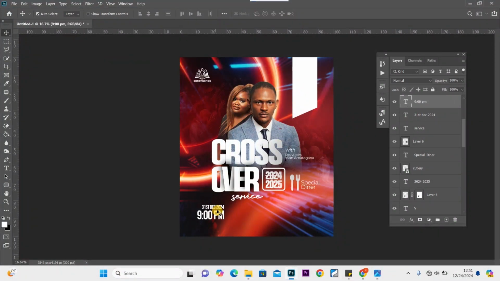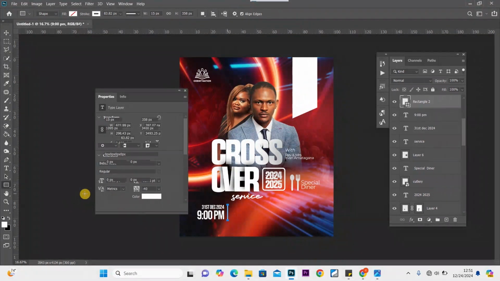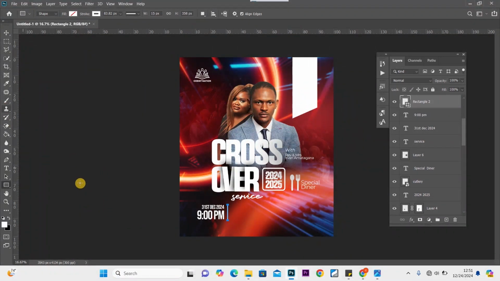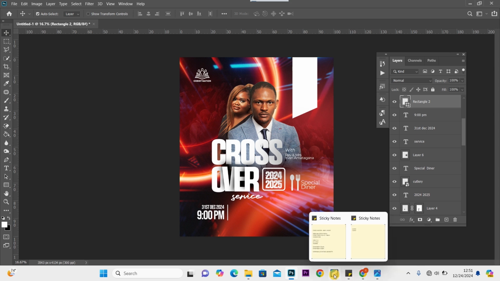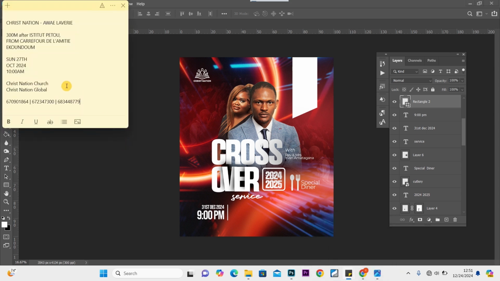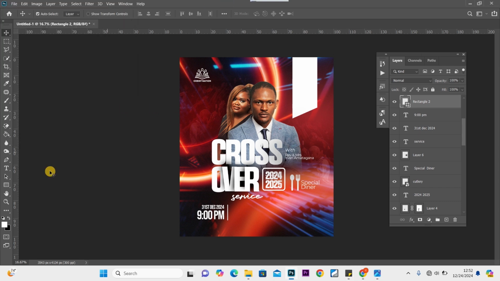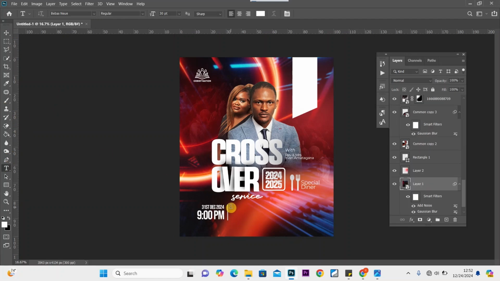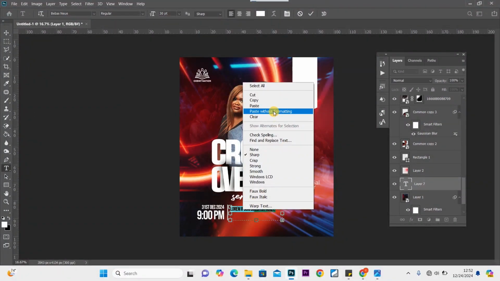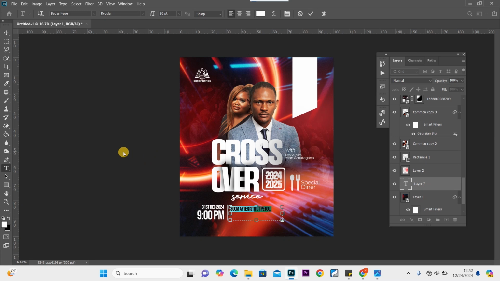And then I'm going to add the next information. Before doing that, I'm going to draw a line in between like that, and for that information I'm just going to copy the location of the church. I'll just copy it like that, copy. I'm going to paste it, create a paragraph text like this, going to paste it within, select everything,